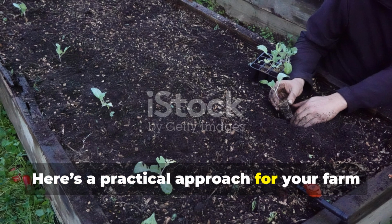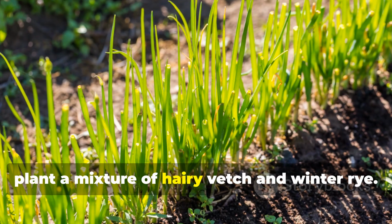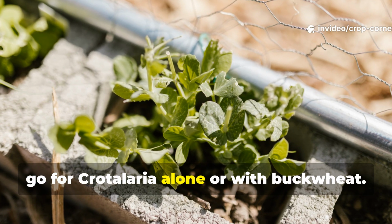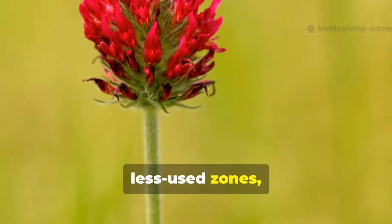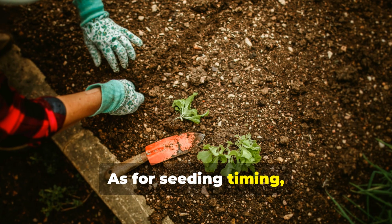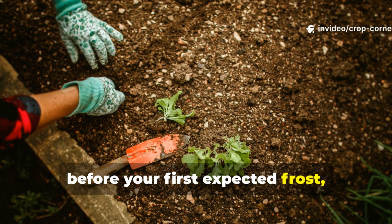Here's a practical approach for your farm or garden. For bed layout, in one bed, plant a mixture of hairy vetch and winter rye. In another, go for crotalaria alone or with buckwheat. Around the perimeter or in those less used zones, plant tephrosia or crimson clover. As for seeding timing, aim to sow at least 4 to 6 weeks before your first expected frost, giving roots